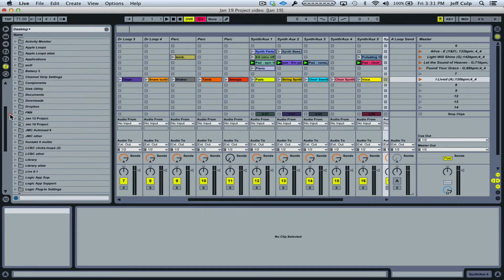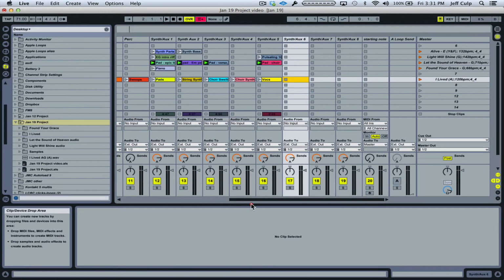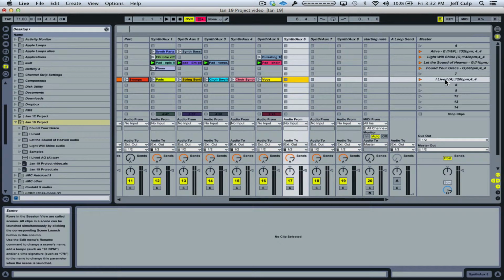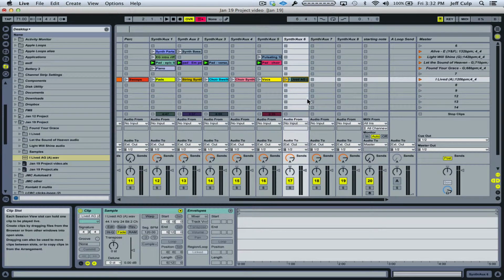I'm going to go down here to January 19th. I'm going to open that up. Here's my I Lived acoustic guitar. I'm going to scroll over here. I want to find an empty clip spot that I can drag the acoustic guitar into. So I'm just going to click and drag, put that over here,